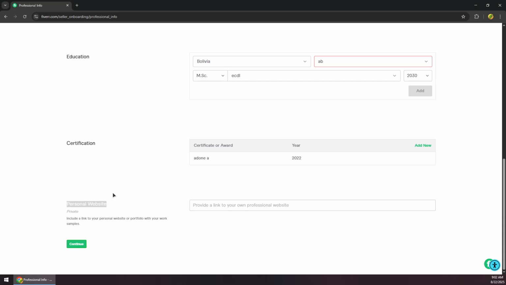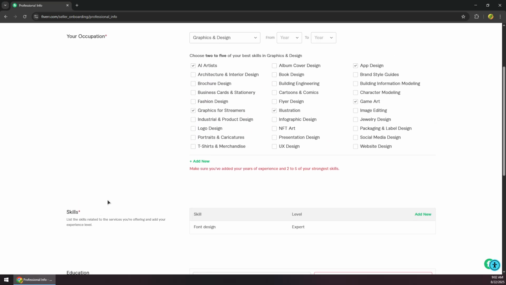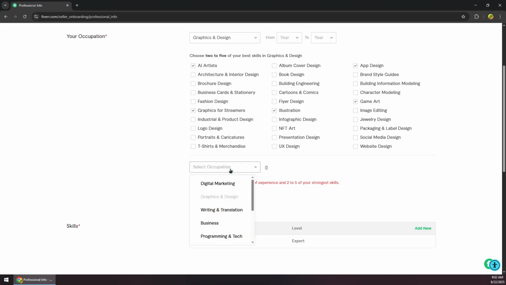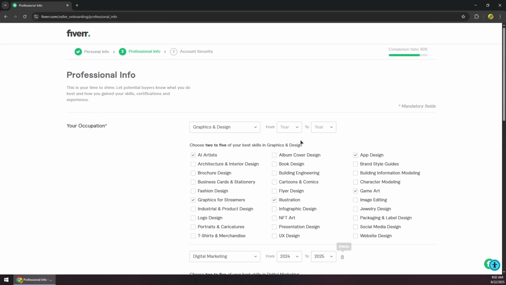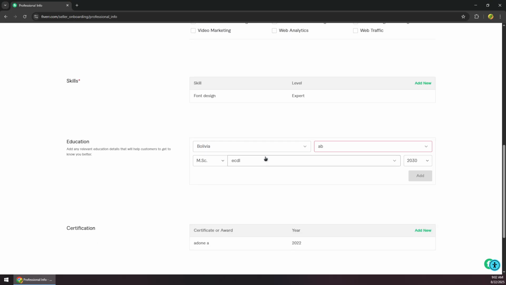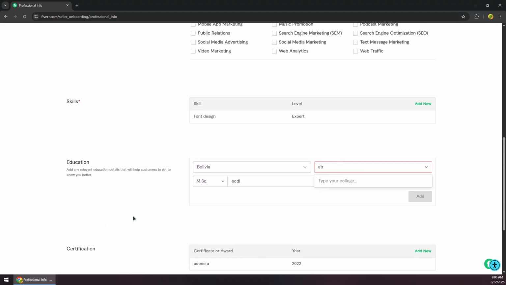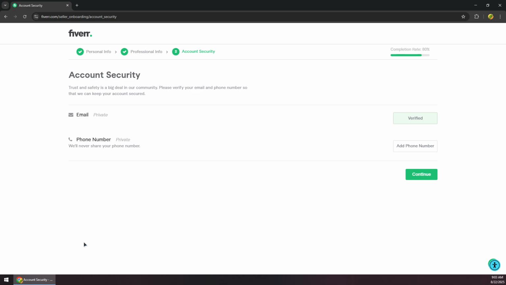And then if you have a personal website, you can provide the link to your own professional website, and this is going to be private, not shared with people. And then you want to click on continue. After filling out the year, of course, you should fill out the year of your occupation as well. I want to come back here and click continue, and now you should be prompted to verify your email address